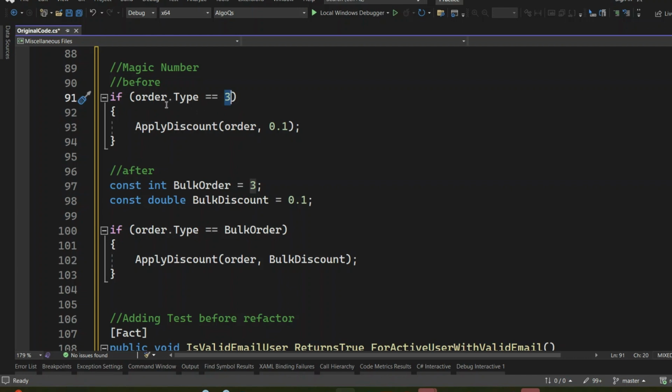So a layman or a new developer will not understand what this order type 3 is about, why the order type is 3, or what it signifies or means. The new developer will not know. So what we can do, if we know what this code actually does or what this 3 stands for, we